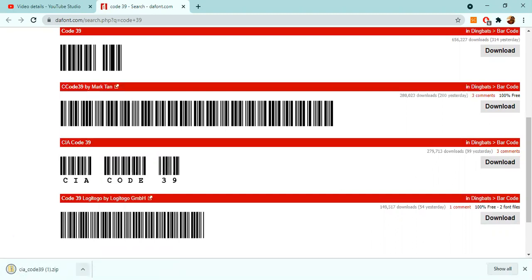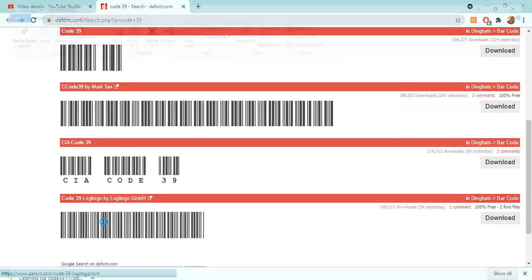Now that it has been downloaded, open it. Here is the font file and you just have to install it. You can extract it all, or just double click it and click the install tab. Now I have installed it.